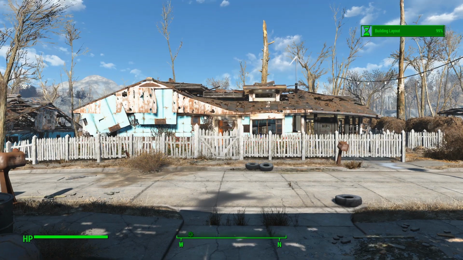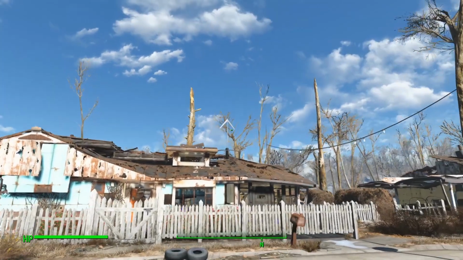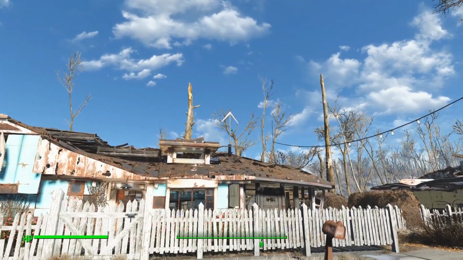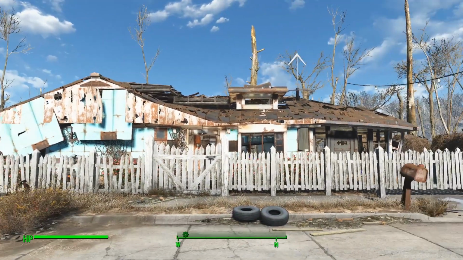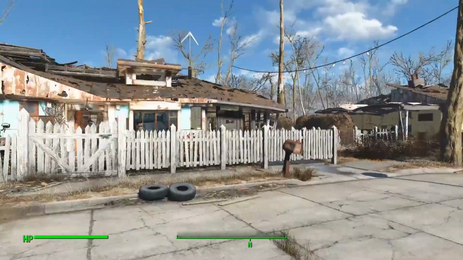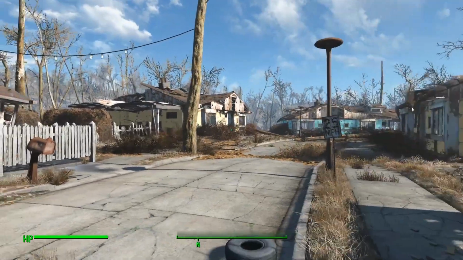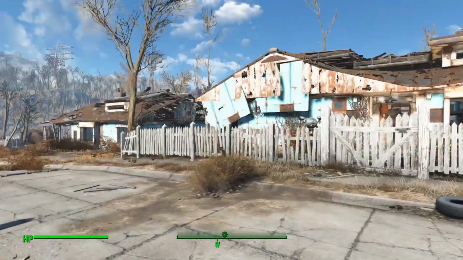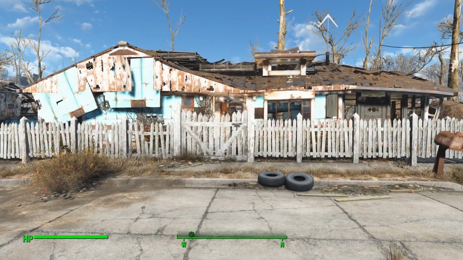Now, if you're using Sim Settlements and you have any of what we generally call blue man markers, those city marker objects, those will disappear correctly as soon as you enter workshop mode. If you're using any plots, it will take a little while for all of the items to appear on it. It can take quite a while if you have a lot of them. I have in this mega build of Sanctuary over 100 plots. It takes several hours to seed them all. That is an unfortunate part